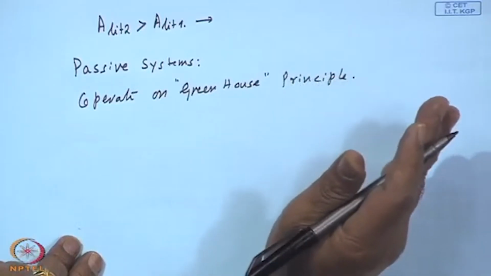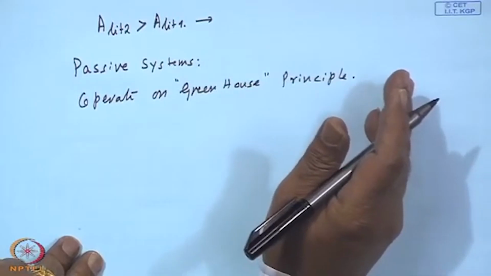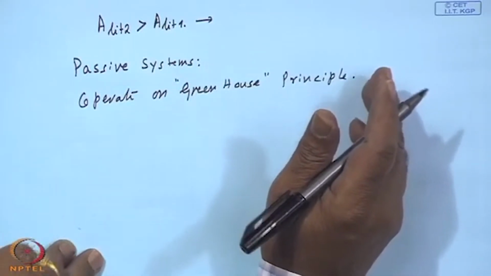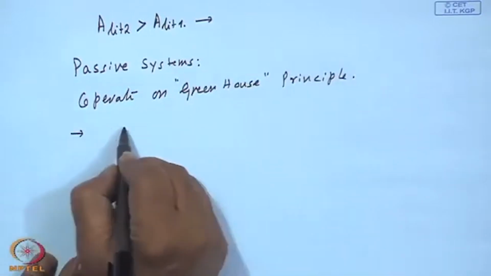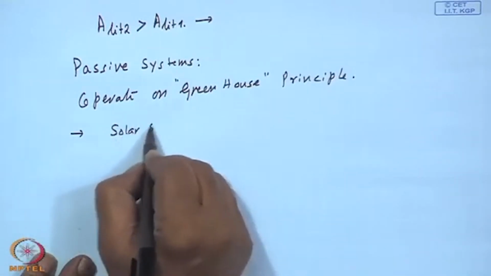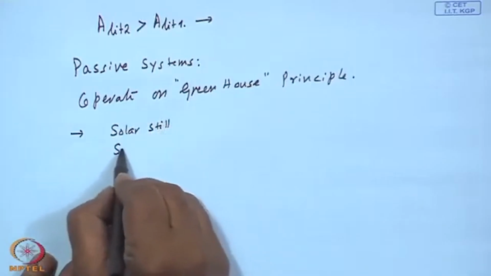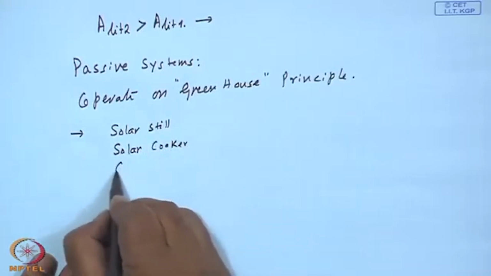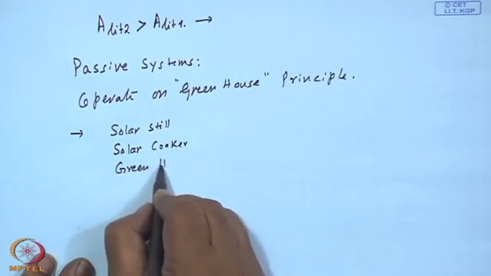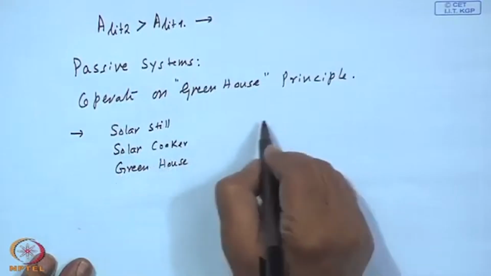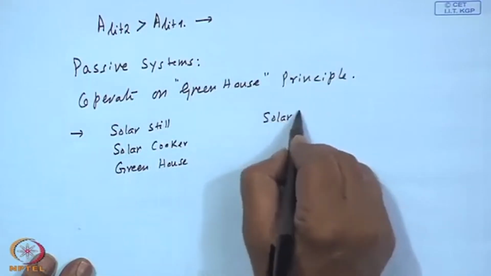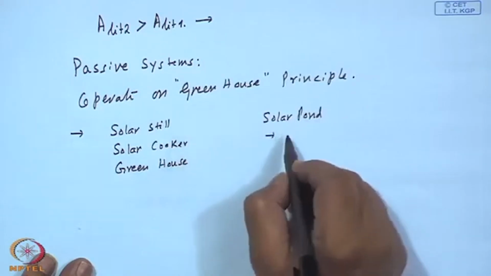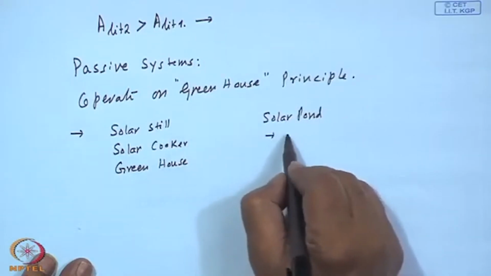You let in the solar radiation, but the emitted radiation at a longer wavelength will not escape, right. It could be a solar still or a solar cooker or the traditional greenhouse itself. Of course, the solar pond comes under a different category. It is not the greenhouse principle. So, this is basically